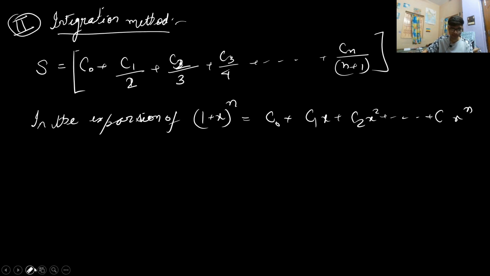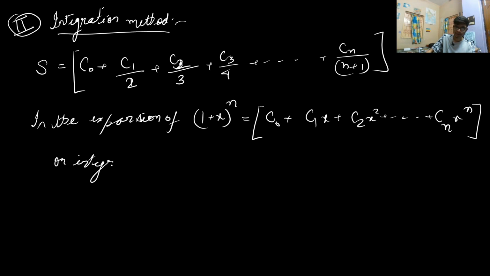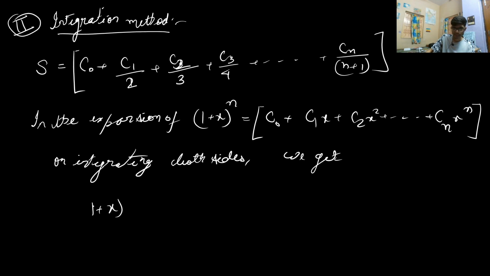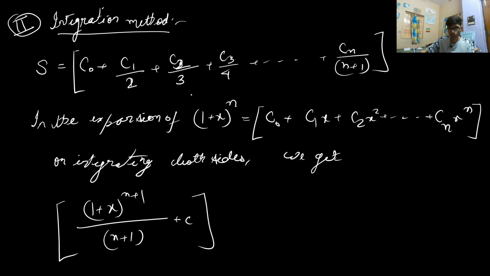So this is Cn x to the power n. Now what I try to do in this particular thing is that if I integrate both the sides, on integrating both sides, we get the result (1 plus x) to the power n plus 1 by n plus 1, plus the constant c. So this was the integration of this particular expression. If we integrate both the sides with respect to dx, we end up getting this particular result,